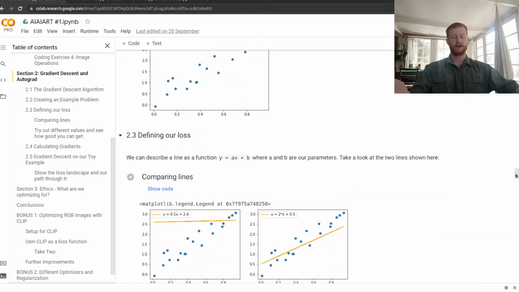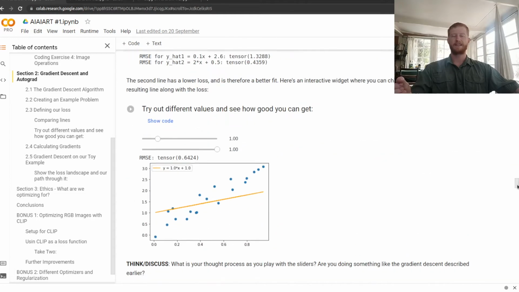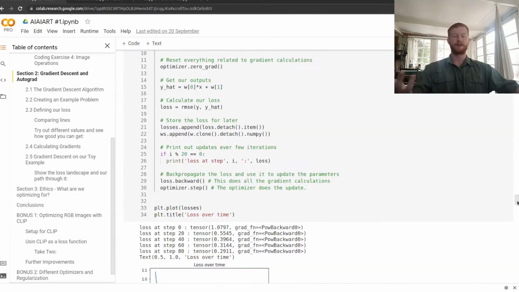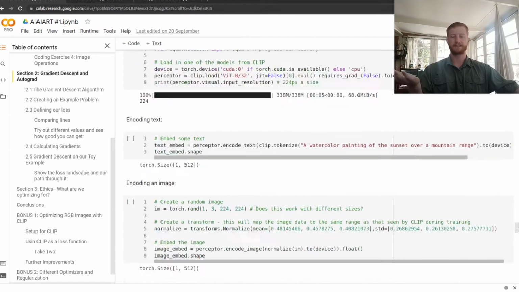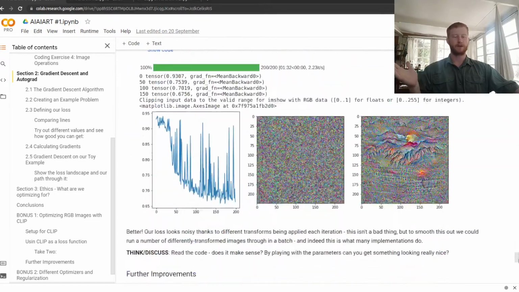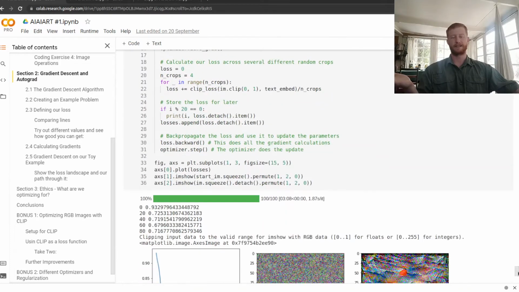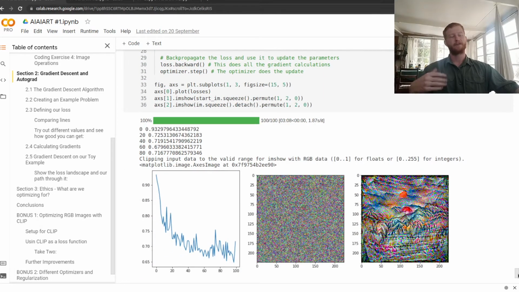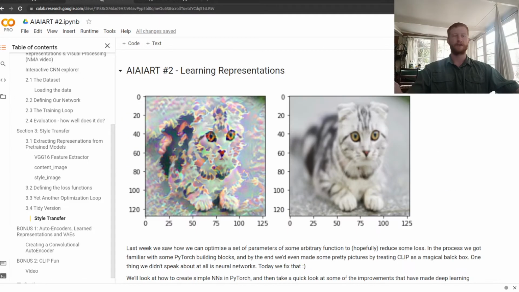Really cool algorithm. We tried it first with a very simple function, a straight line with 2 parameters. And then later we said, if we treat CLIP as this magical black box, using it to measure similarity between an image and text, we could treat all the pixels of the image as parameters, and with a few tweaks we could optimize such that we get closer and closer to something that looks like an actual image. So 2 drastically different applications of gradient descent there, and right at the end we also looked at different optimizers and improvements. But what we didn't do in that whole first lesson was talk at all about neural networks,